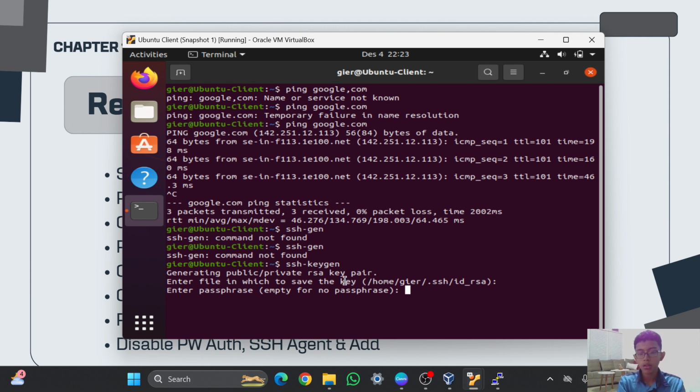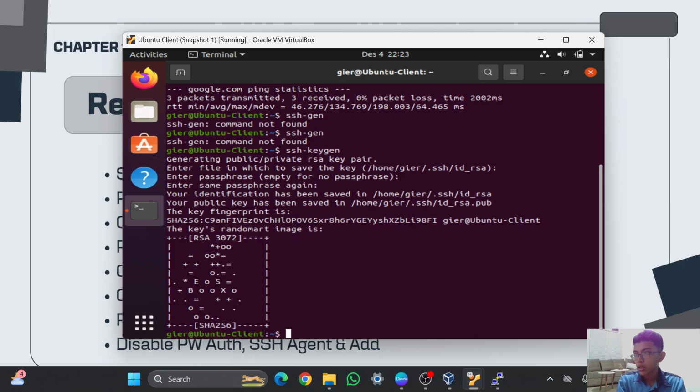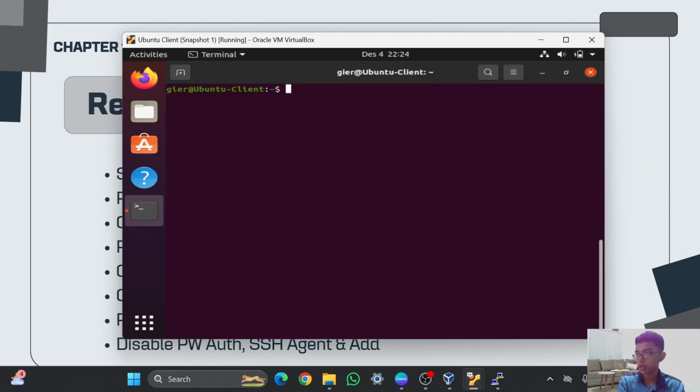Here I will fill it with this one, press enter, and enter it again. And this is the public key, the random key art, which is the file. The name of the file is RSA, and I will clear the screen and check the file.